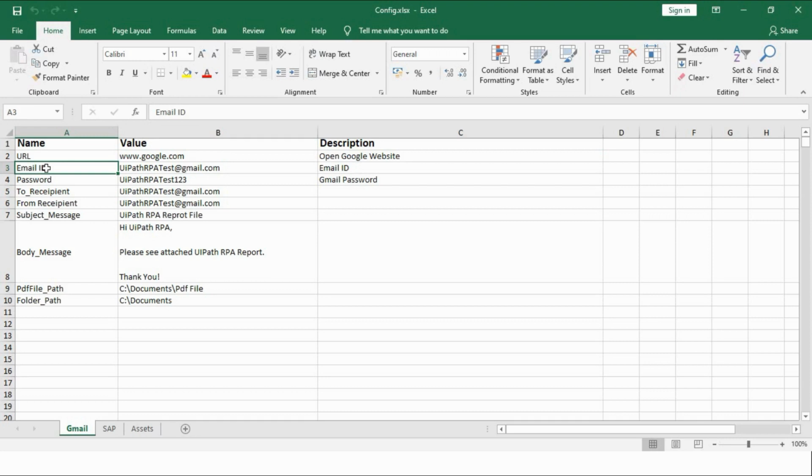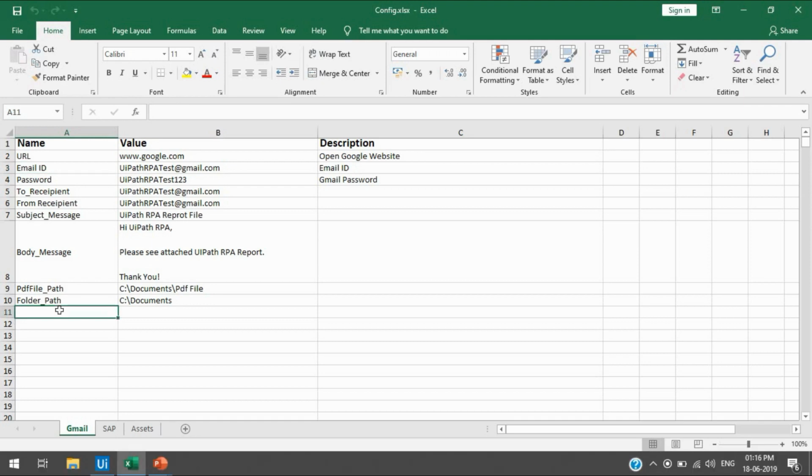You can also put a counter equal to 1, like counter number 1 or row number 1, anything. If you think it can be used globally in your project, you can write it here, or you can use just one variable everywhere in your project. Based on that, you can think about it. If you think something is going to be hard coded, then you can use that variable and write it here in the config file.